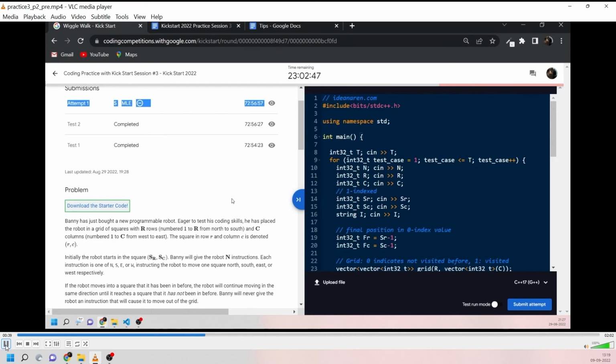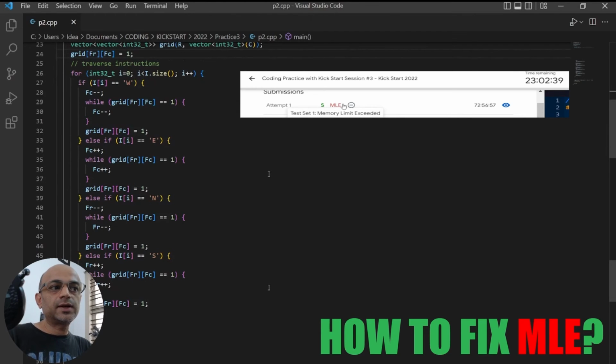Okay, it finished with MLE, memory limit exceeded error. So how to fix this MLE? When we ran this code locally, we know that this succeeded, but when we submitted, it resulted in MLE.